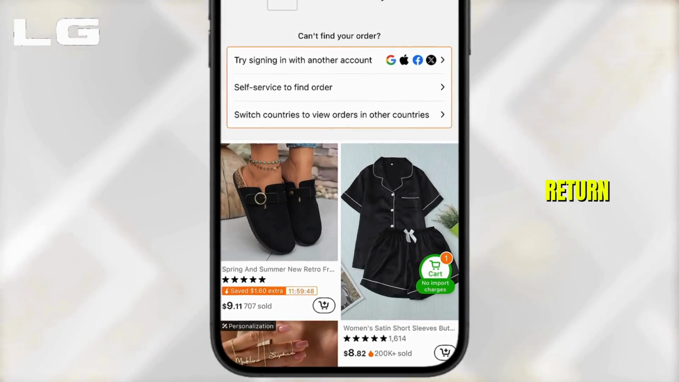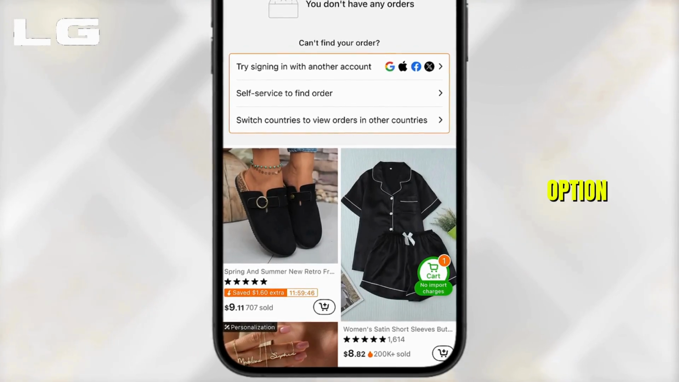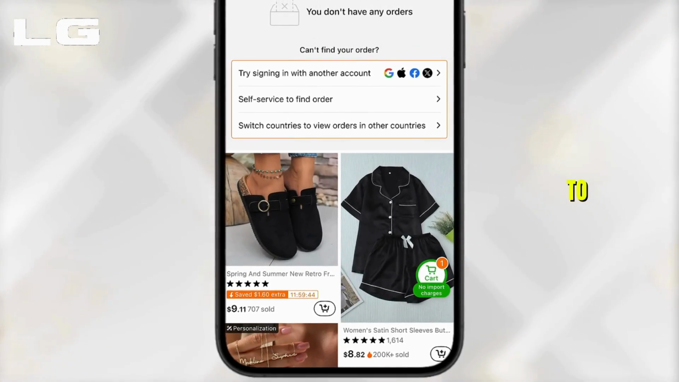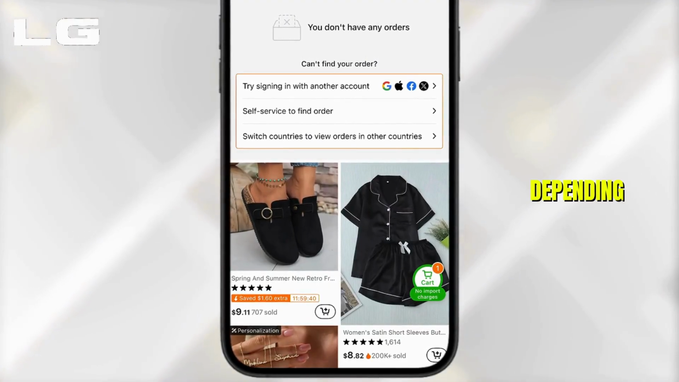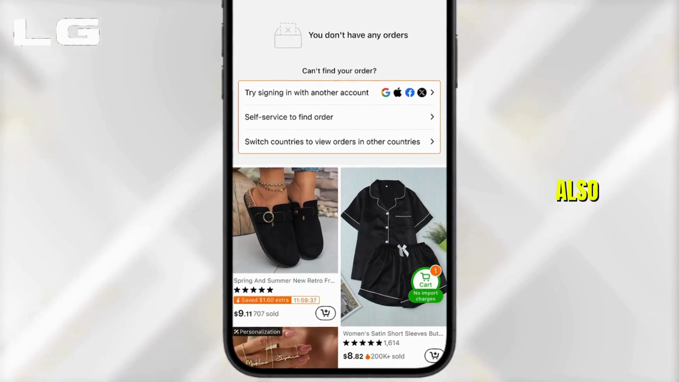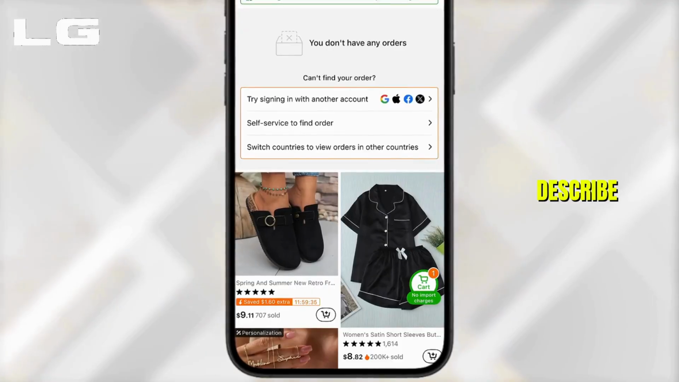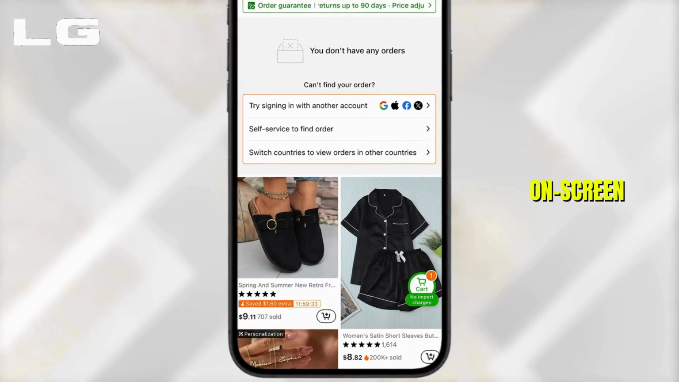Then you need to select return or refund or a similar option if it is available, and follow the on-screen instructions. Choose a reason for the return from the list provided. Depending on the reason, you may also be asked to upload photos of the item or describe the issue, and follow the on-screen instructions to